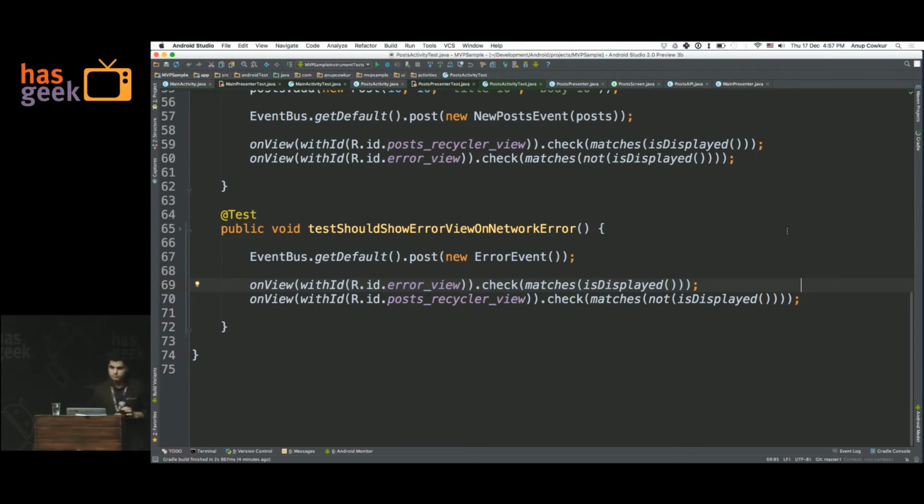How is MVP better than MVVM? I think on Android at least, MVVM is harder to test because the view model is not something you can mock. It's based out of XML and it's actually tied to your actual models. I think you can figure out a way to mock the models that it depends on, I suppose, but I think this is just an easier way to do it. And the data binding library is quite new, and I haven't really experimented enough with it to have an informed opinion at this point.